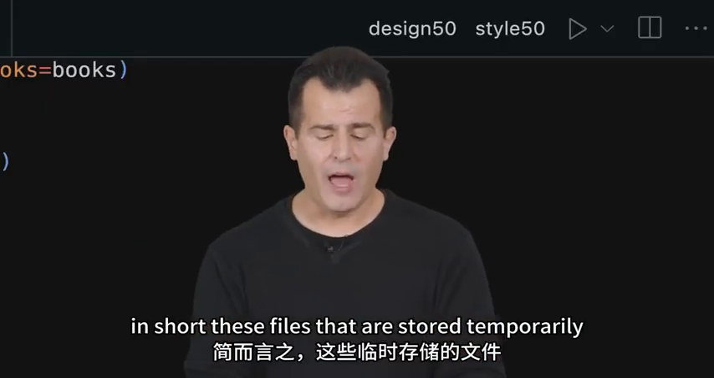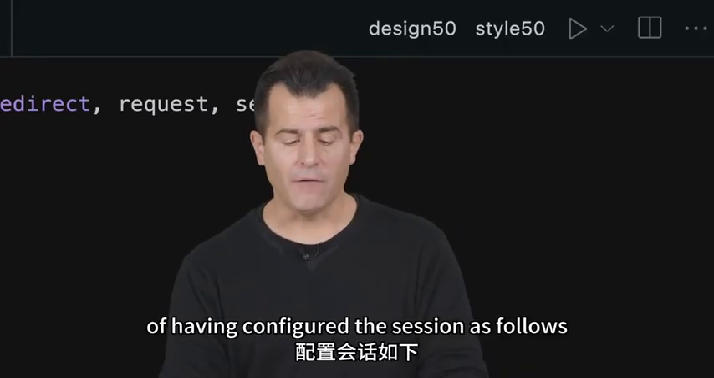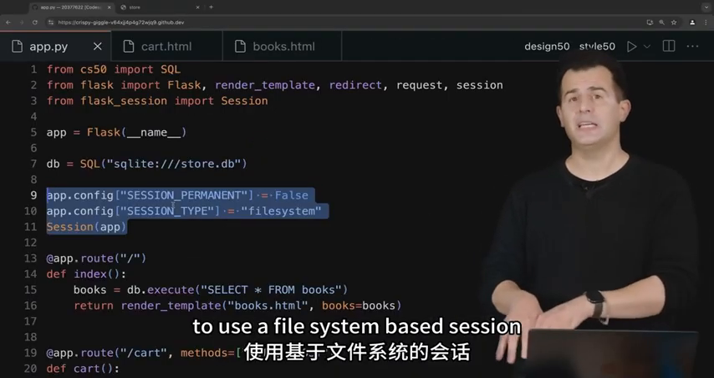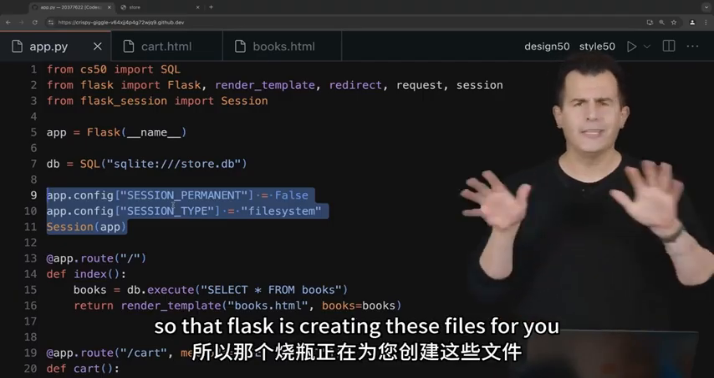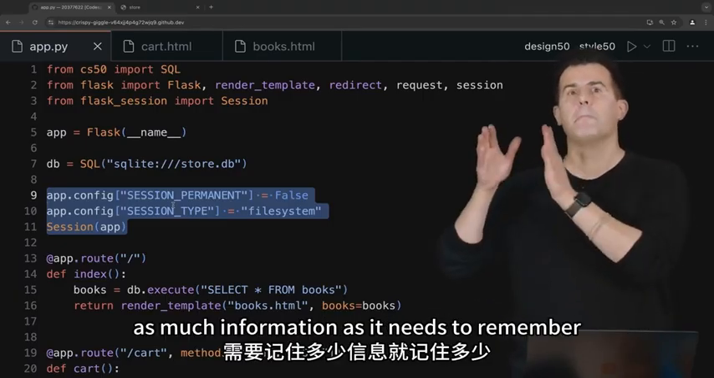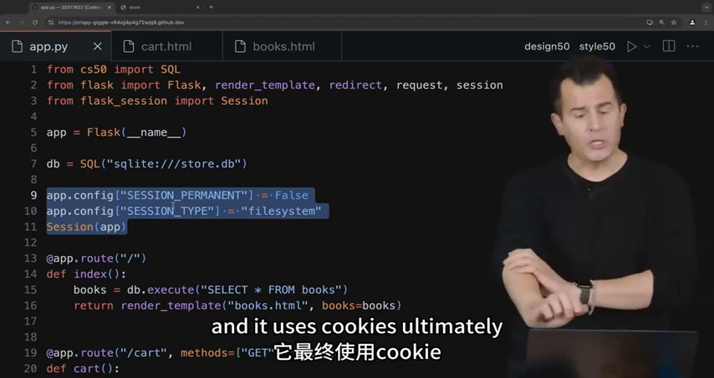In short, these files that are stored temporarily in that folder are the result of having configured the session as follows: to use a file system-based session so that Flask is creating these files for you and storing in those files as much information as it needs to remember what is in whose cart. And it uses cookies ultimately